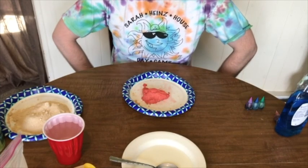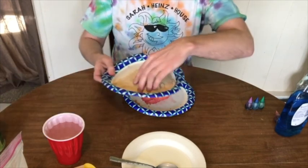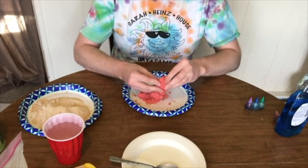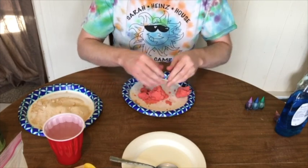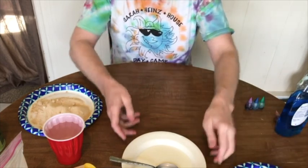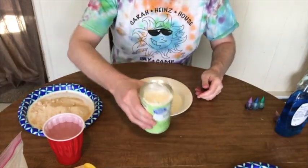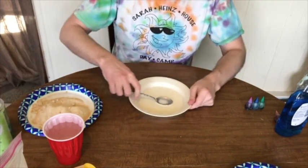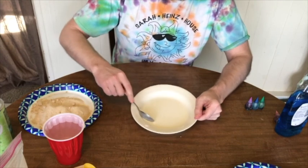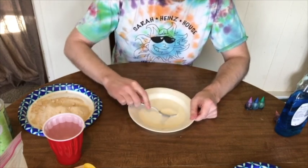So why does this work the way that it does? We mix a couple of powdery substances, and we end up with this squishy substance. Now the key to it is the cornstarch. Cornstarch is an interesting substance in that you buy it, it's powder, but if you mix a little bit of water in with it, like I did right here, it has an interesting property. It's called a non-Newtonian fluid. What that means is that